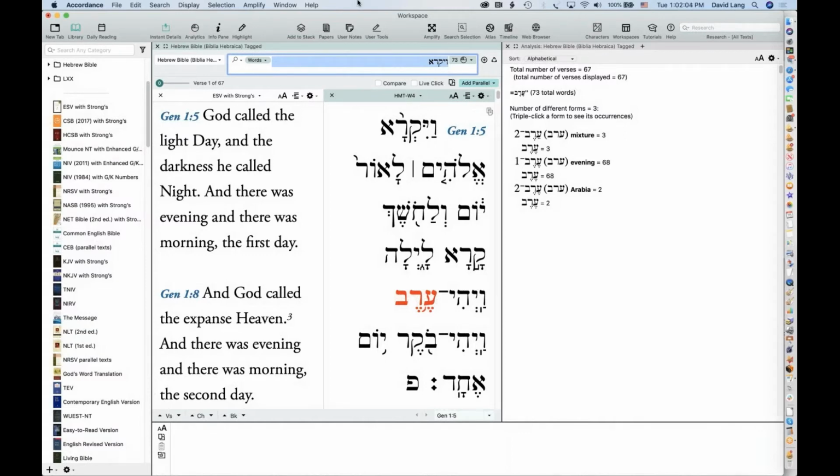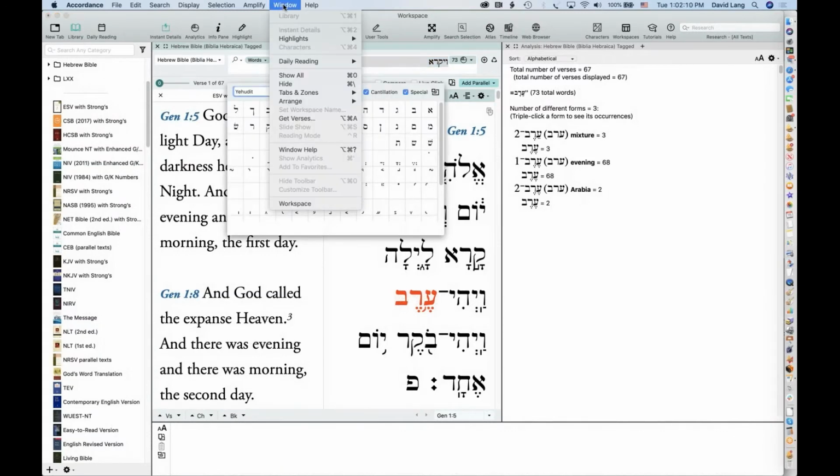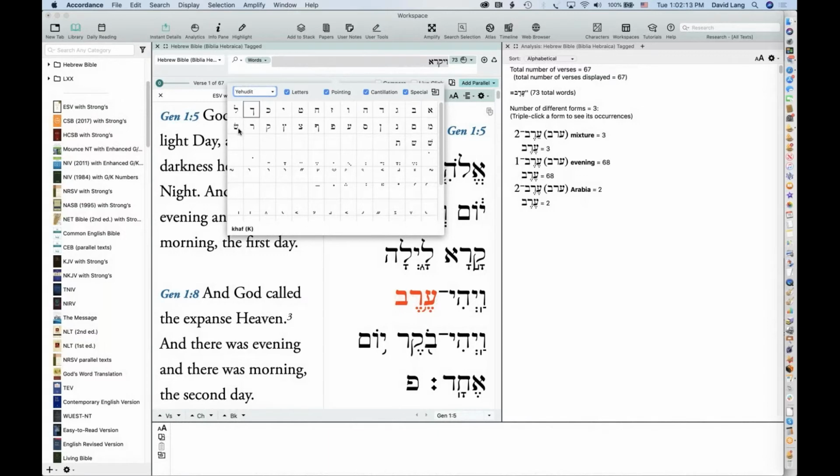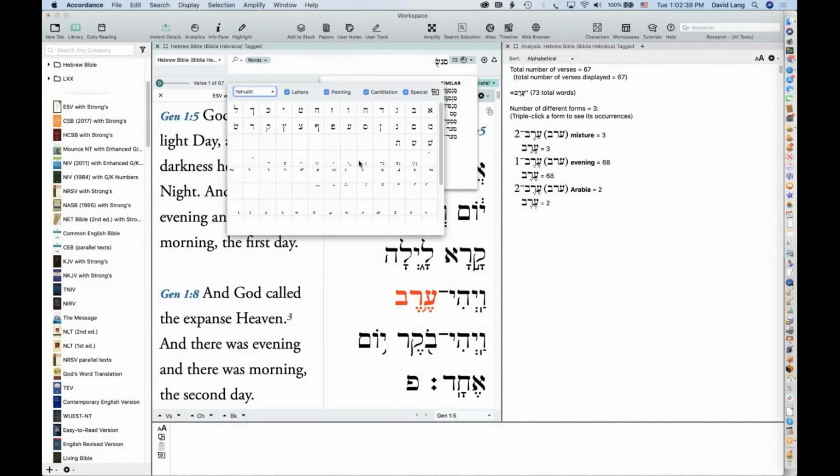Well, we have a window called the Characters palette, and you can open that up from the Window menu, and this will give you all the Hebrew characters, and you can click a character and it'll insert that particular character. So you can begin selecting, all right, well, I want these particular characters, and start typing. You can even do, well, I want this vowel point to be under that letter and so on. So I'll open up the Characters palette again and do a different vowel point under that letter and so on. So you can use this to type.